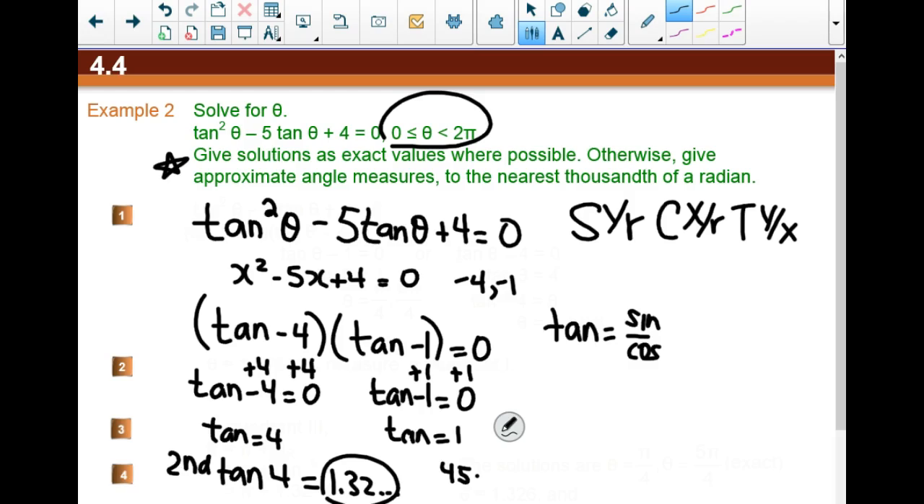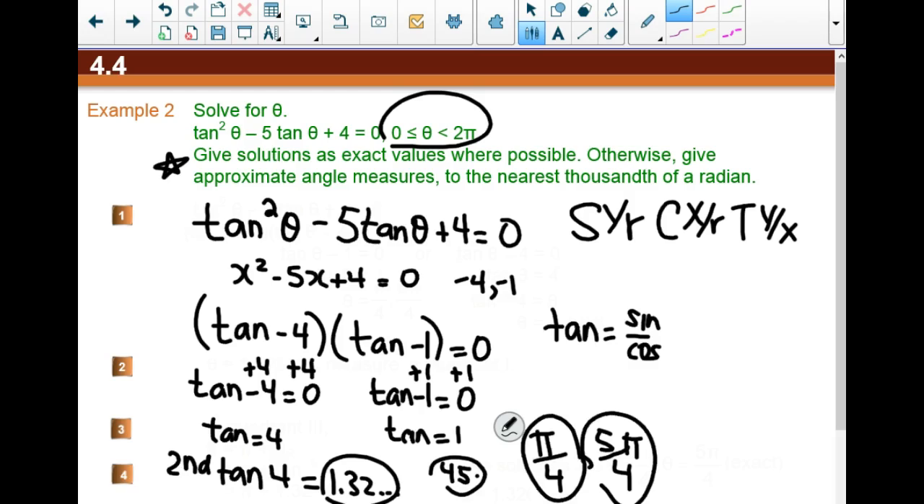Okay, so since we know that tan equals 1 is 45 degrees, we now know where to look for our radian answer on our unit circle. So where tan is 45 degrees, that's pi over 4. And it would also be where they're both negative, which is 5 pi over 4. Okay, so our answers to this question are going to be 5 pi over 4. Whoops, I forgot the pi there. Pi over 4,